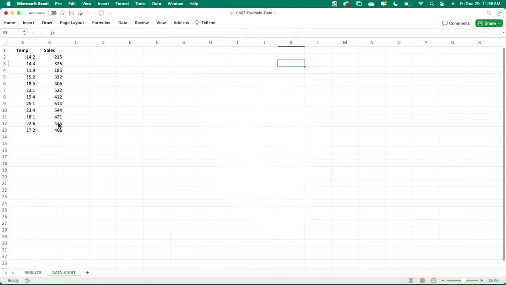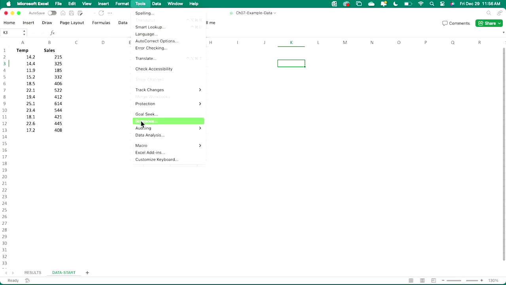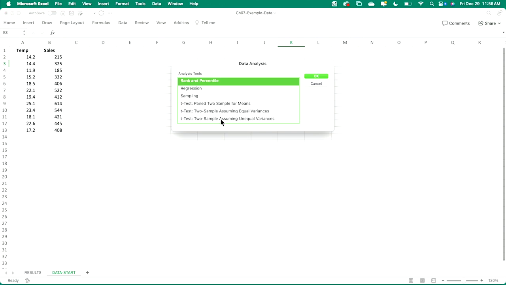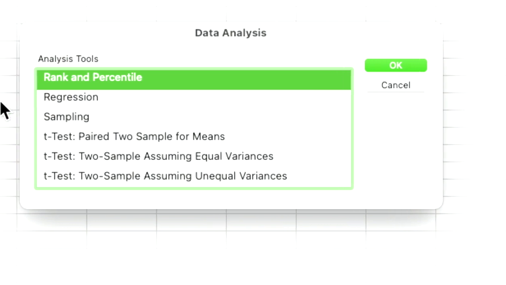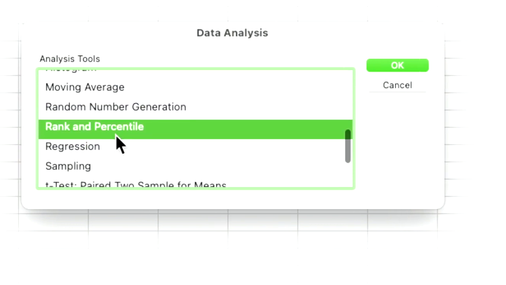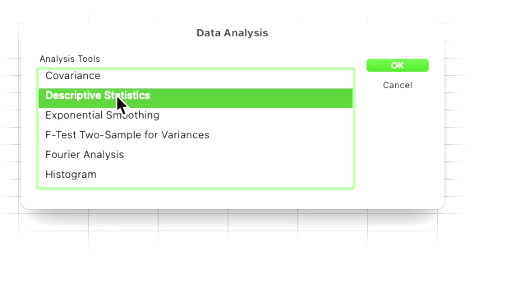But first off, I'm going to get the descriptive statistics. So here we are in Excel, and what you do is you go up to Tools. You've already installed the Data Analysis Toolkit, so you bring that up, and we have a number of statistical tests here. What we want to look for is right there, descriptive statistics. So I select that one,